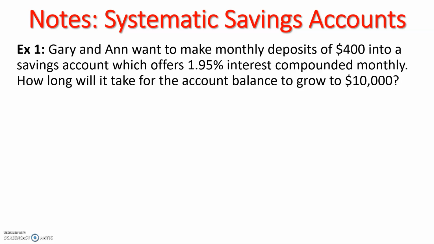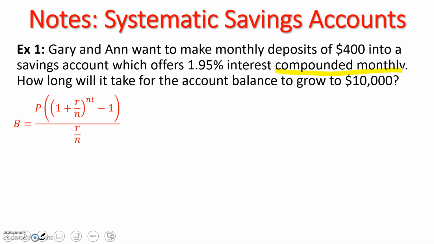The first thing we need to ask ourselves is which form of our compound interest formulas do we need to use? Is this a single deposit that Gary and Ann are making and want to see it grow over time? Or is this a periodic deposit? Now, when we look closely at this problem, we can see that it says it's being compounded monthly. Therefore, we know that this is going to be the periodic interest formula, which is B is equal to P